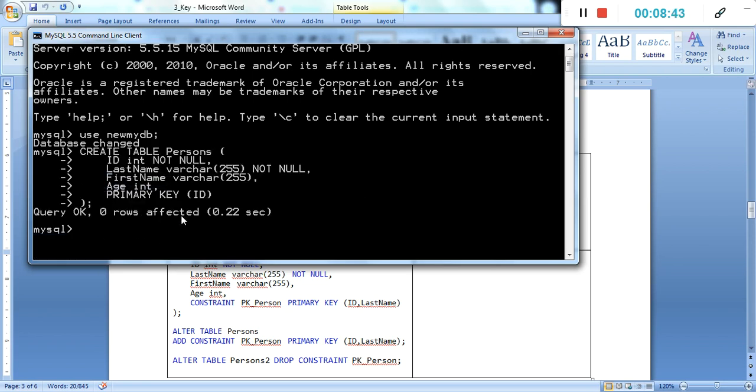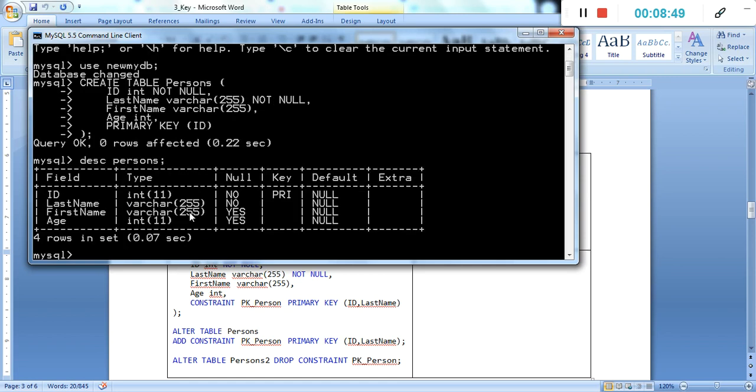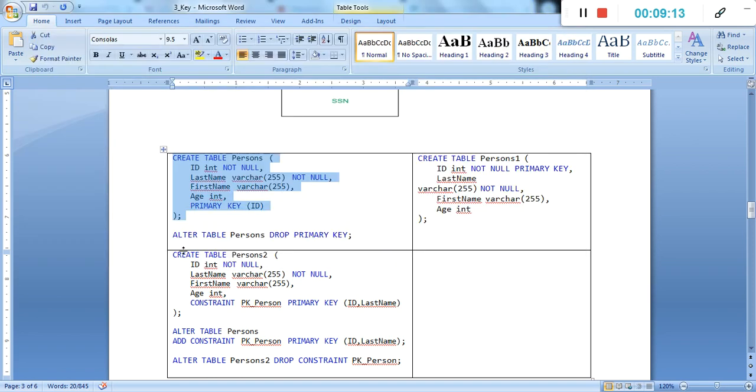This one is the key. If we go with describe, table name is persons, then it shows ID is a primary key, right? This is the way under MySQL 5.5, or it may be in Oracle. It may be the same, or there may be a little change in creating the table, or it may be under PL/SQL. The MySQL code is executable, means we can run this code under PL/SQL also. Now this one is simply the example.